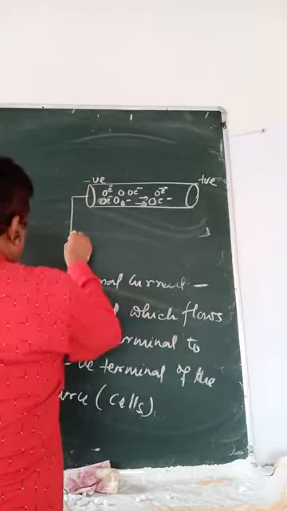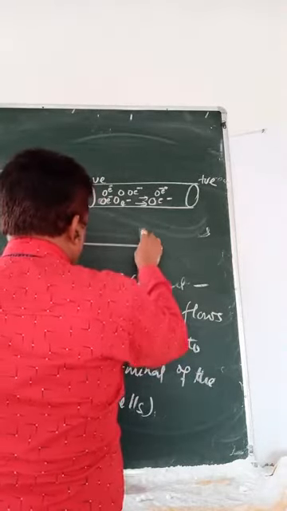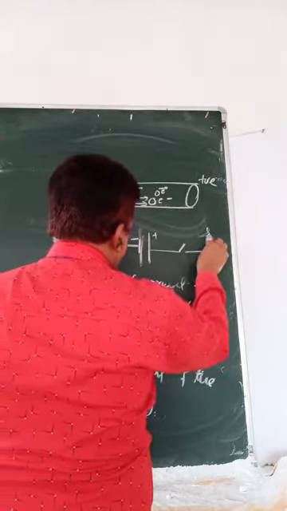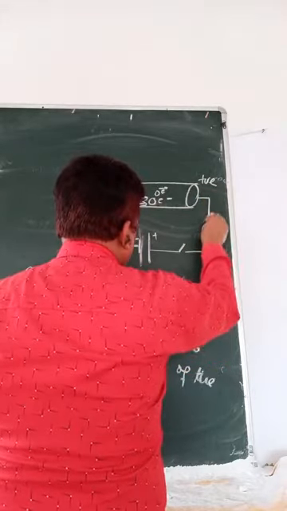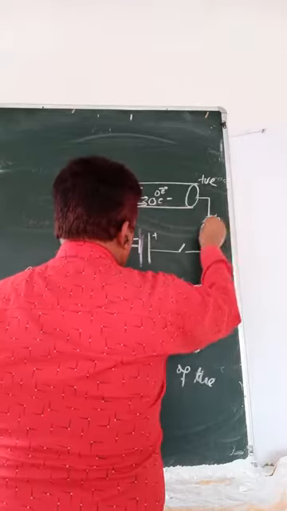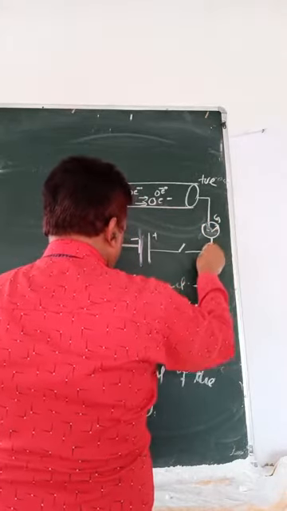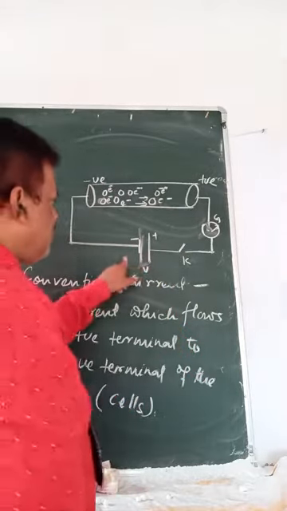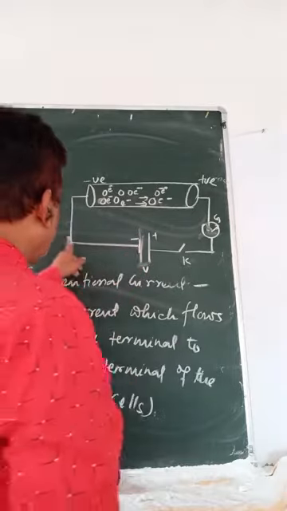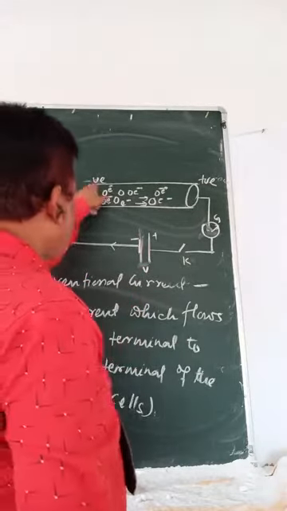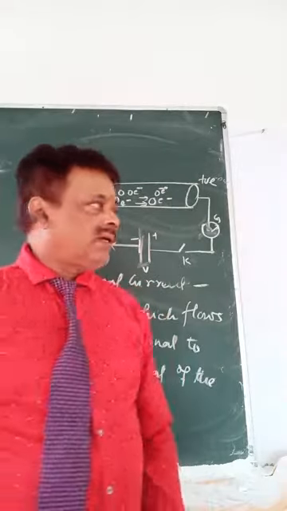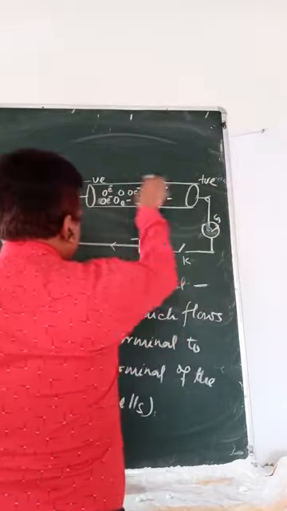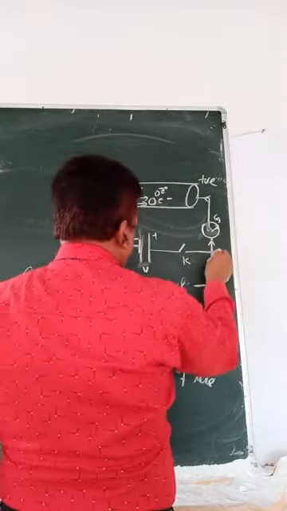You connect it to a source. That source is your cell, a small one; this is negative, this is positive. Then you put a key here, and then a galvanometer which shows the flow of current. This is the key, this is the cell, the source, giving potential here. The electrons flow like this, negative to positive. This is called electric current. Current flows conventionally opposite, positive to negative in the conductor. So this is the flow of current I.